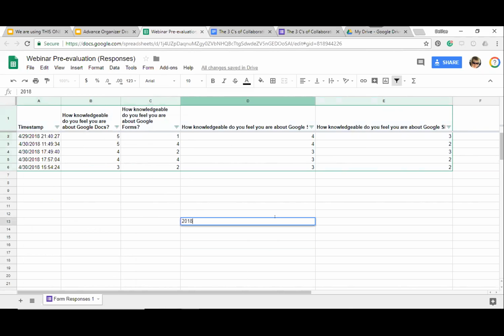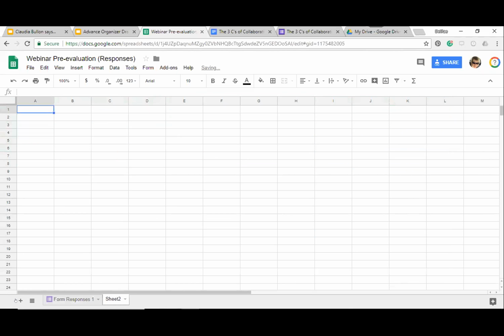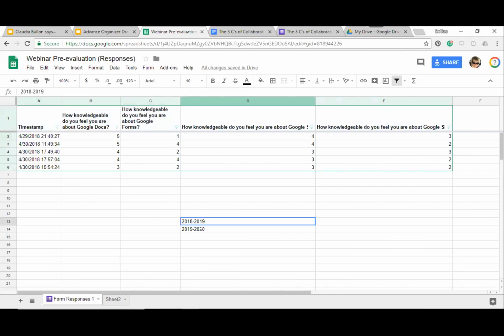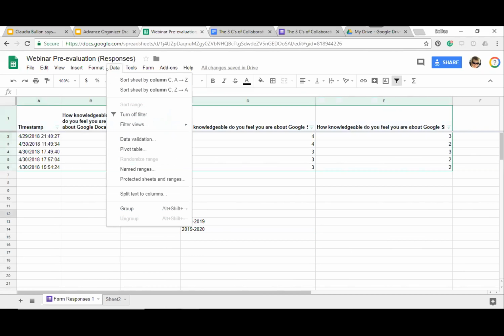So for the 2018-2019 school year, or the 2019-2020, I can't believe we're actually writing that in here now. But if you have that, you can put that even on an additional page, so maybe you want to put that down on a different page, you could do that, or you could put it in a column that you're going to hide, and that could work as well. But if you go in here to data validation,